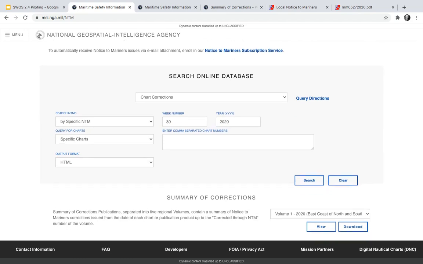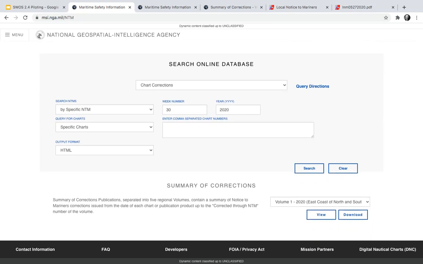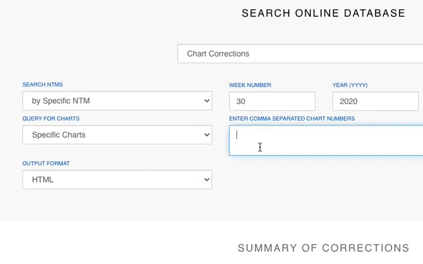We have an online database that we can use to get chart corrections for a particular chart or a particular set of charts. So if we want to do that, let's say, for example, I want to take a look at what chart corrections NGA has on file for a particular chart. I'm going to choose a Norfolk chart. I'm going to choose